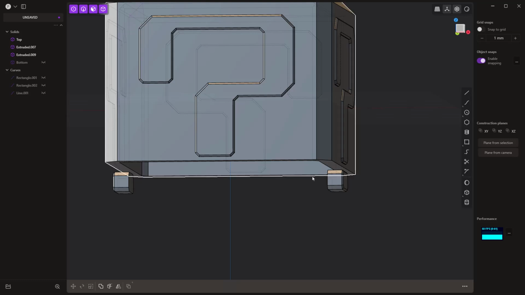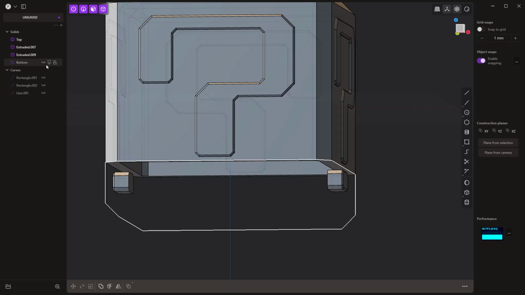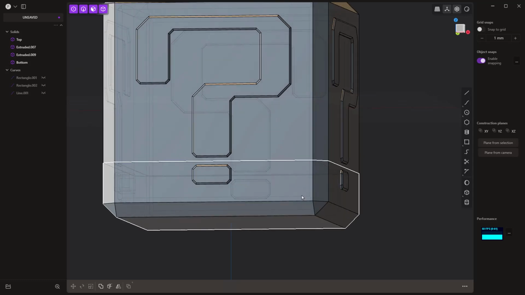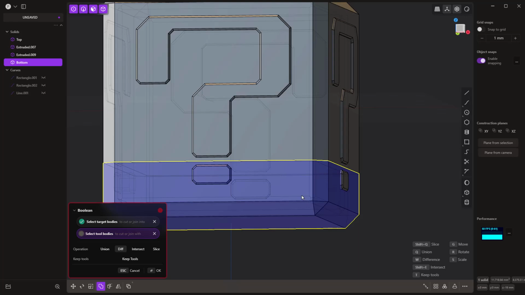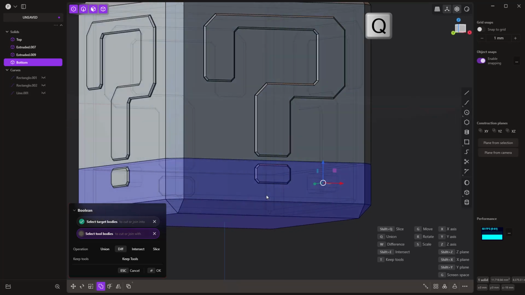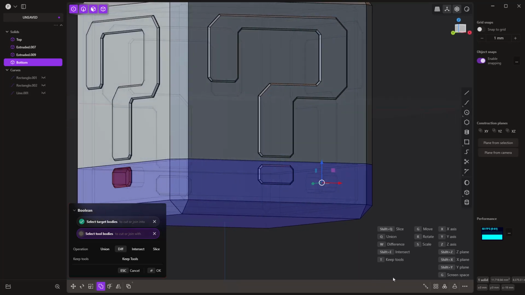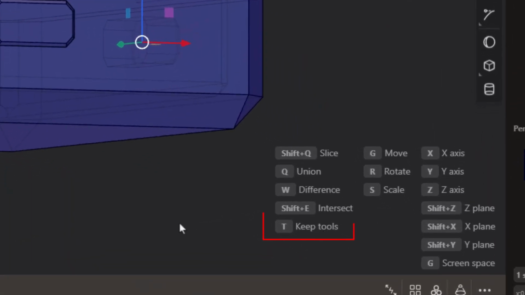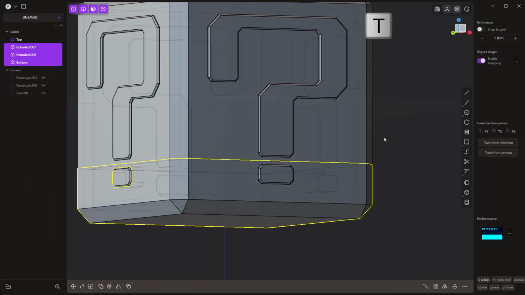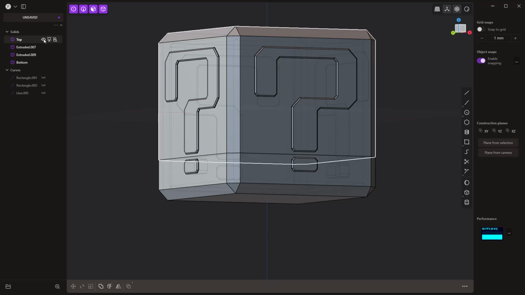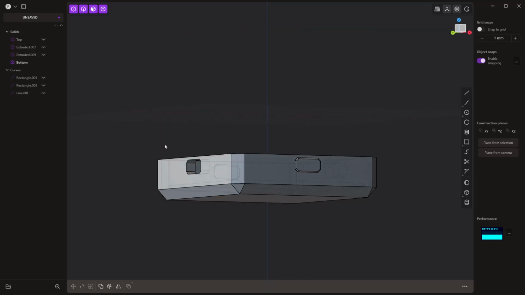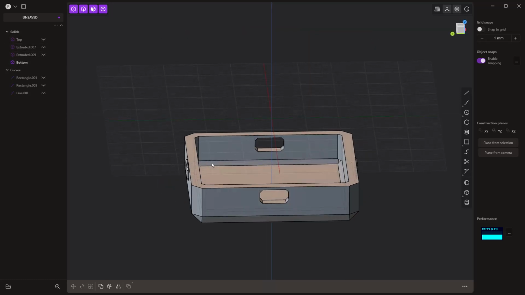I prefer doing it now while the geometry is a bit more simplified. So what I'm going to do is select this bottom, hit Q. I'm going to shift select both of these bodies, but we want to use the T option to keep tools. So T on the keyboard, right click to accept. And now if we hide the top and these extra little extruded pieces, you'll see that we've got a perfectly